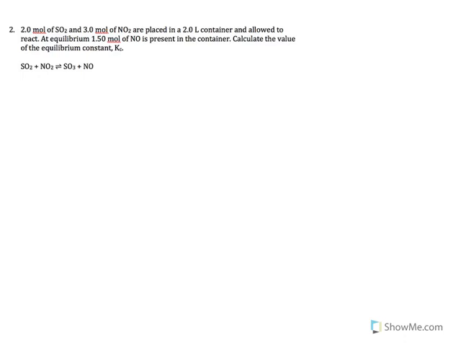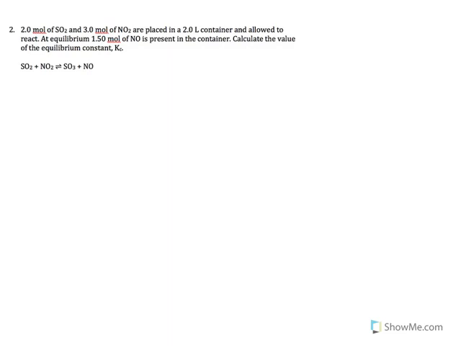Here we have 2 moles of SO2 and 3 moles of NO2 reacting to produce SO3 and NO in a 2-liter flask. The question asks us to find the equilibrium constant, or Kc. The first step here would be to rewrite the equation and check if it's balanced. Since our equation given here is already balanced, we don't have to worry about that part, but we can rewrite